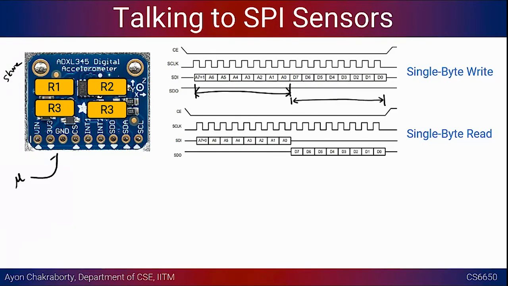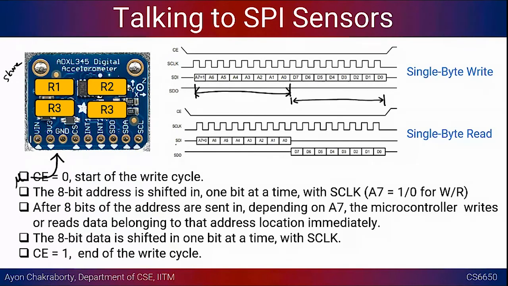Okay, so this is still the slave device, and from the microcontroller, from the data sheet, you know that suppose you want to increase the resolution of your acceleration readings. For that, you need to write a certain value in the R1 register. So you know the address of the R1 register, and you know what data to write. So you use the SPI bus to write these 2 bytes. Okay, and similarly for reading.